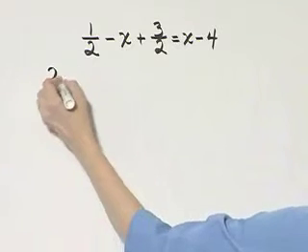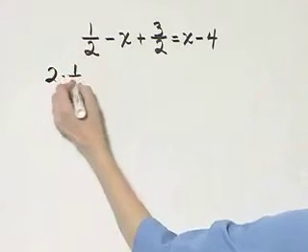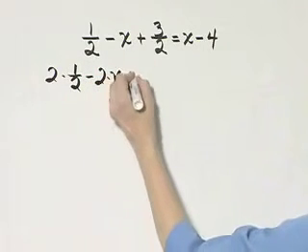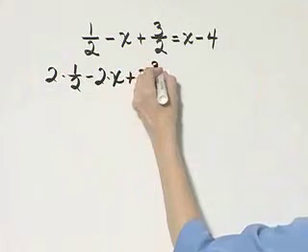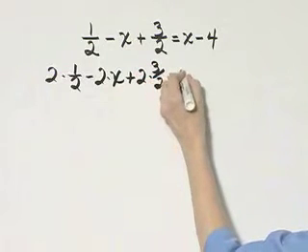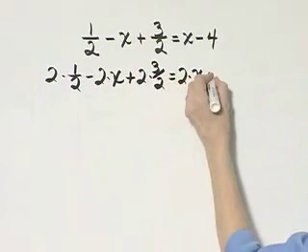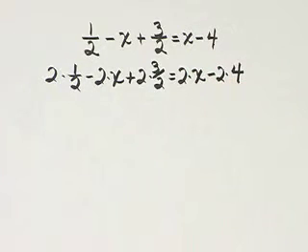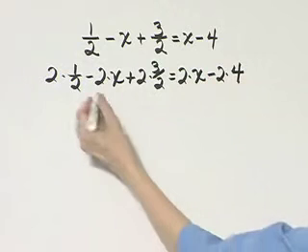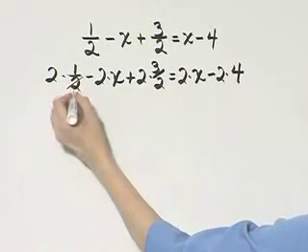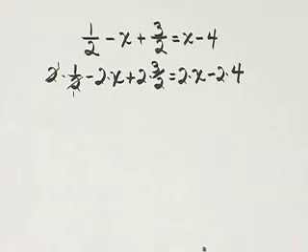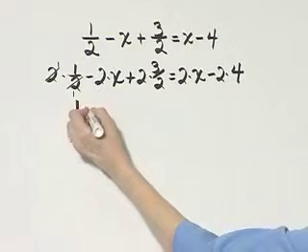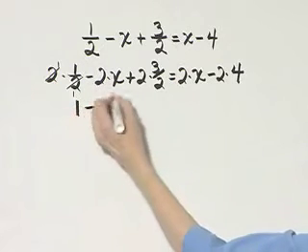I'll write down 2 times this term minus 2 times that plus 2 times 3 halves is equal to 2 times x minus 2 times 4. Every single term is multiplied by 2. Now notice what happens, and be very neat. These 2's divide out, and I have essentially 1 times 1, or 1, minus 2 times x, that's 2x,